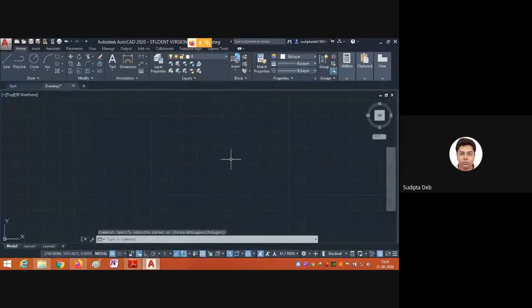So suppose I want to draw a line, L-I-N-E, line, press enter. Automatically it will be taken in the command line. Now what is said in the command line? It is asking, specify first point. So just consider any point here.